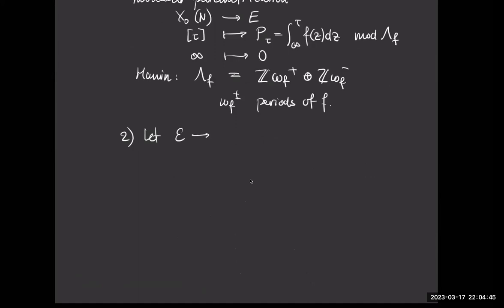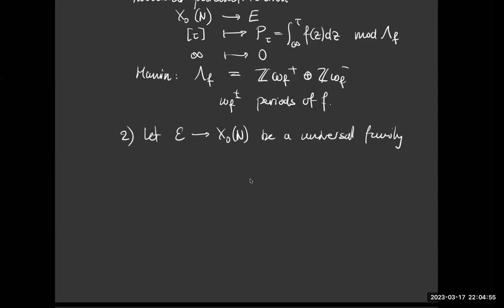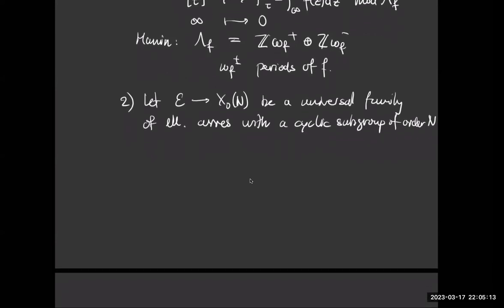So let E over X0 of N be a universal family of elliptic curves with a cyclic subgroup of order N. Then there exist special points in X0 of N. Let me again represent them by a point in the upper half plane, so-called Heegner points,